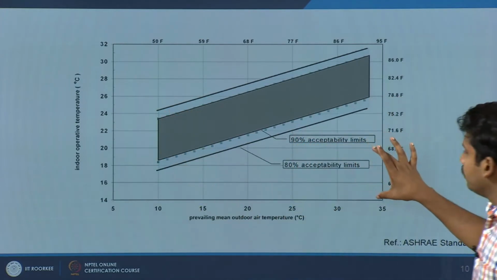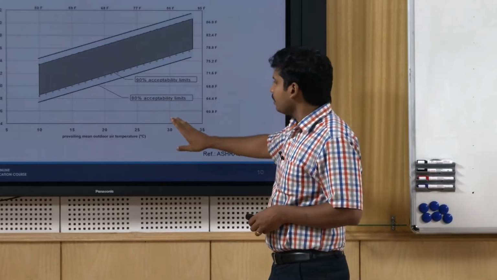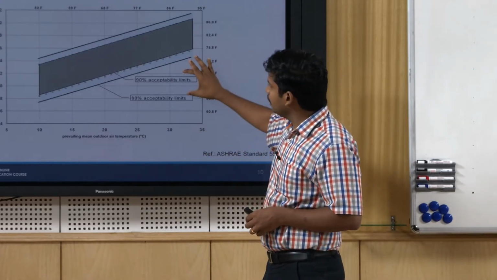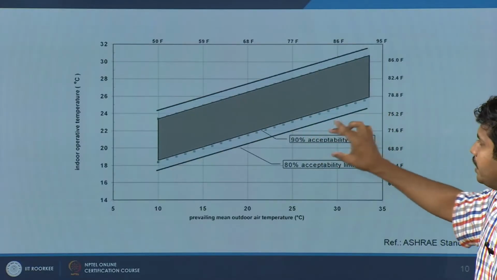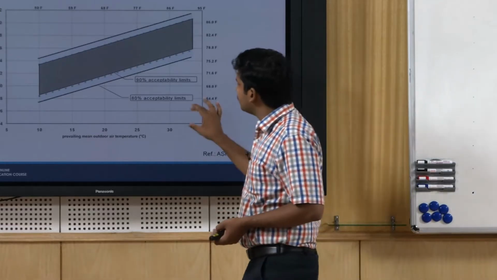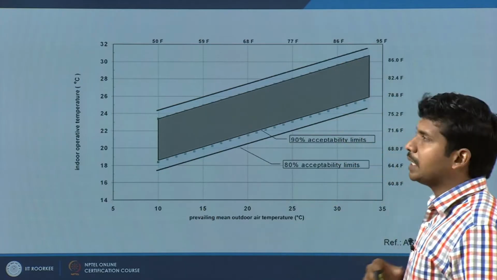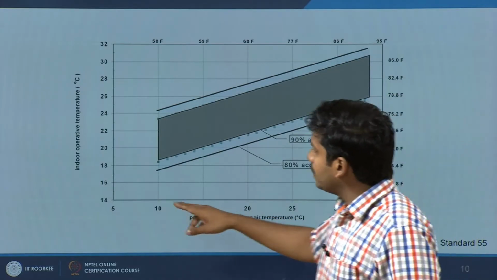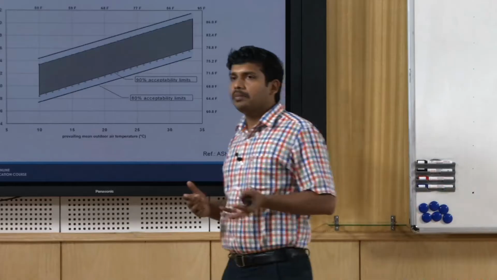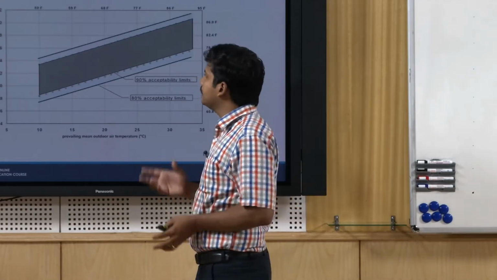But then when the prevailing outdoor mean temperature gets higher, for example you are going towards summer, somewhere between 30-32 degrees, then this same 20 to 22 degrees, you will perceive as being cool or cold, whereas you would prefer being at a temperature of something like 28 degrees where you would express comfort. Similarly, in winter the same 28 degrees you will express as being warm, probably not hot, but you would probably say that this is a warm condition rather than saying that it is comfortable.